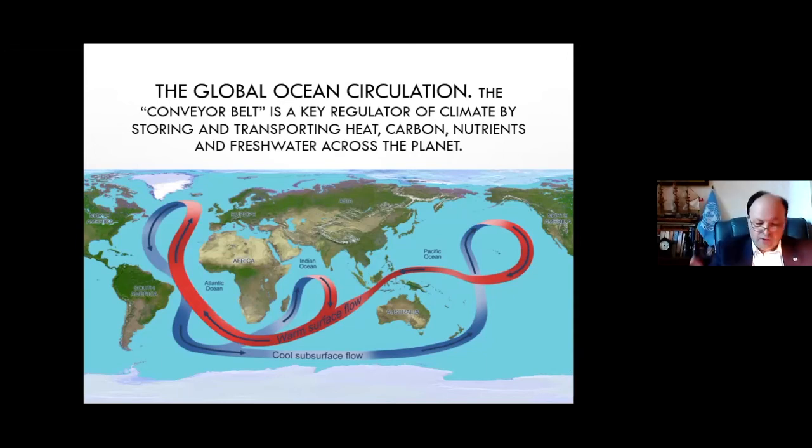Sea ice, for example, has an albedo of 40%. Fresh snow has 80 to 90% albedo, so it reflects more. The reason is that ice is darker than fresh snow. Fresh snow is whiter, so it has a higher albedo. The ocean surface, on the other hand, has an albedo of 3%, so a very low albedo. And therefore, the ocean has an immense capacity to absorb radiation from the sun.